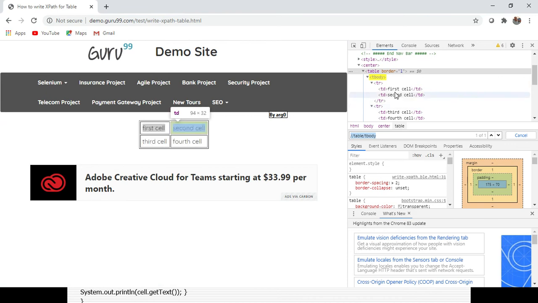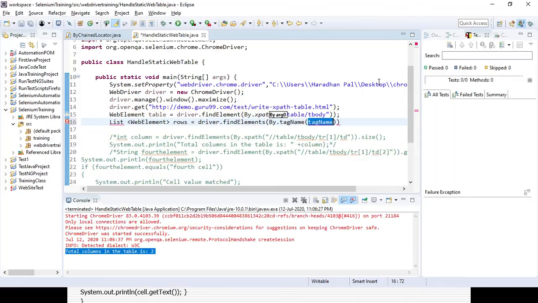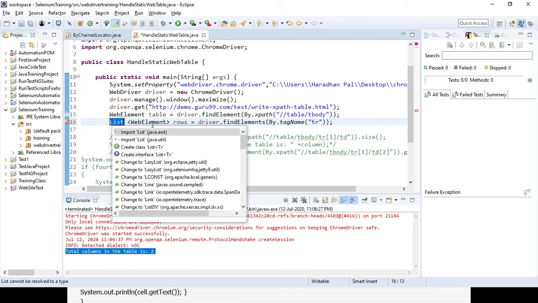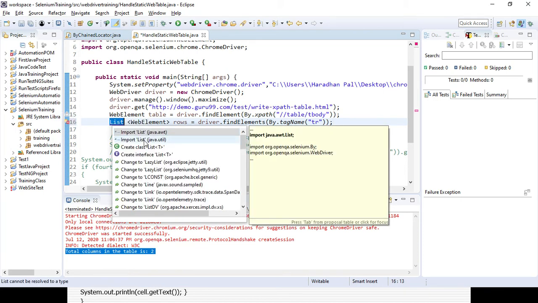You can see here the tag name is tr for the table. And you need to import the List interface from the java.util package, not java.awt.